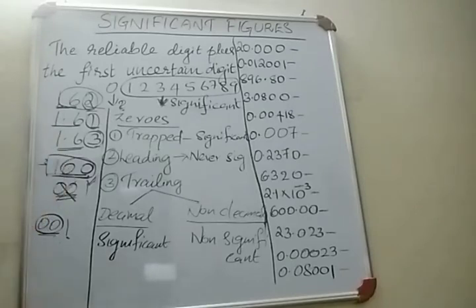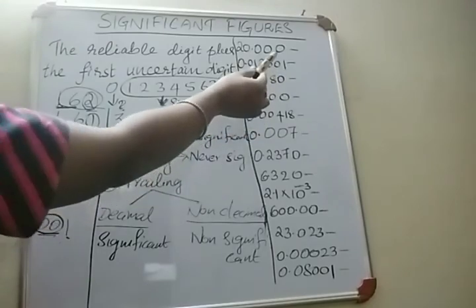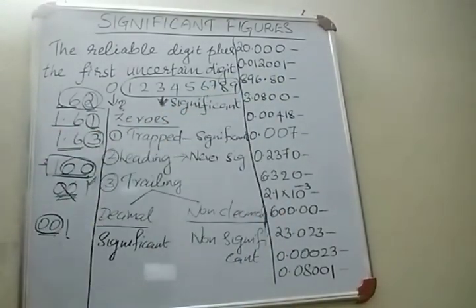These are not the rules actually. If you learn the rules by heart, it will be difficult for you. It will be confusing for you. So just remember these tricks. That is enough. No need to learn the rules by heart. Okay. Now let's find out the number of significant figures in these numbers. Let's try to find out.